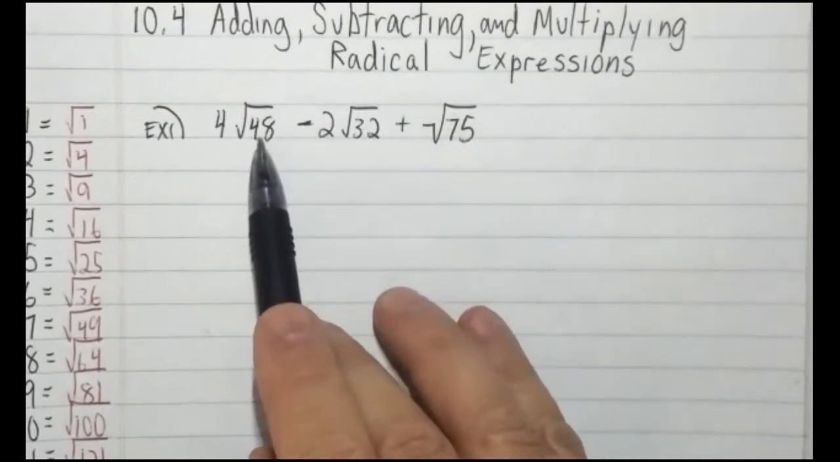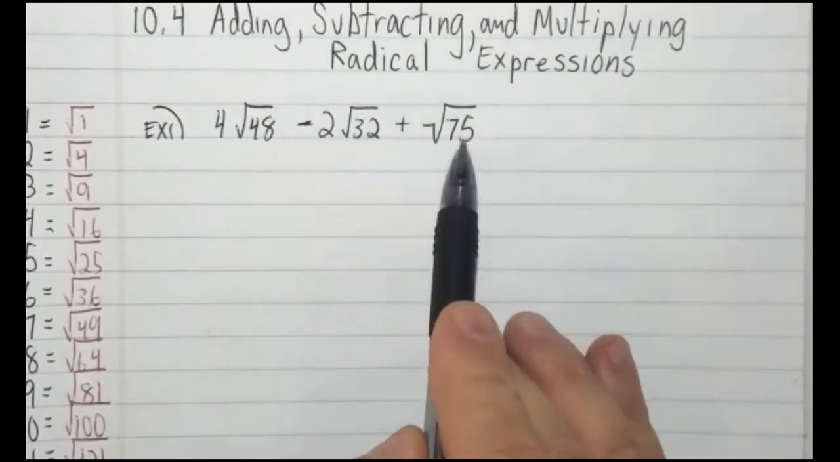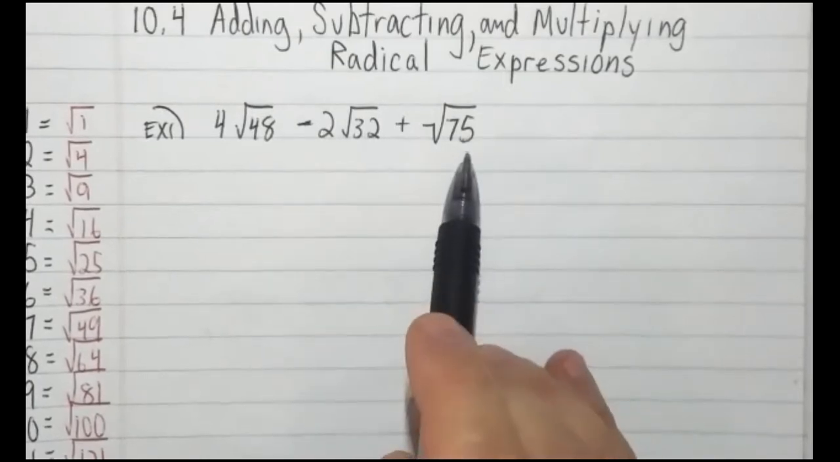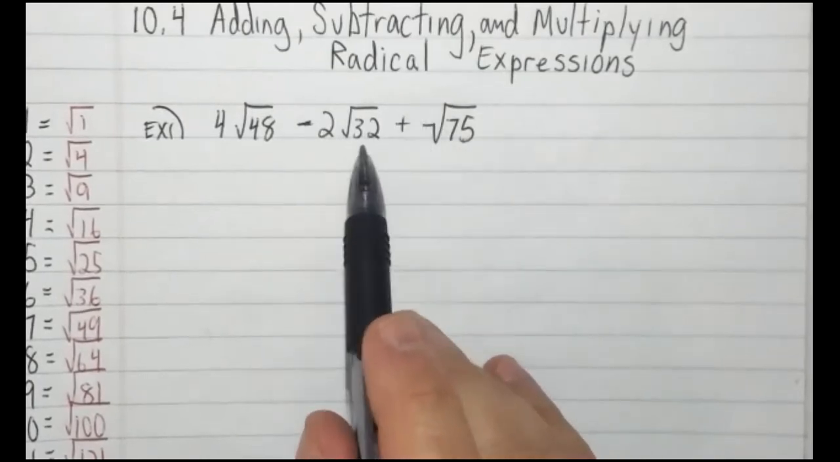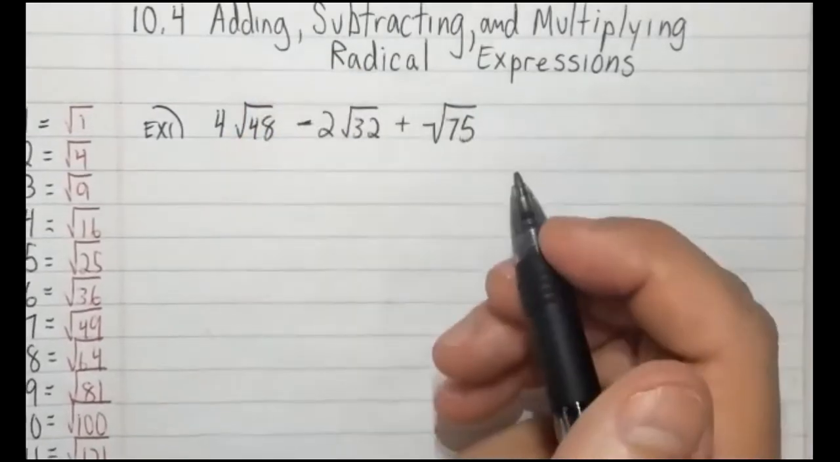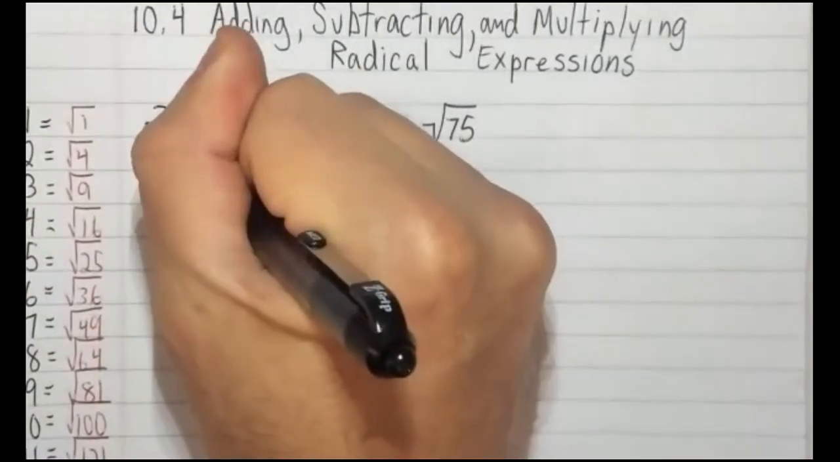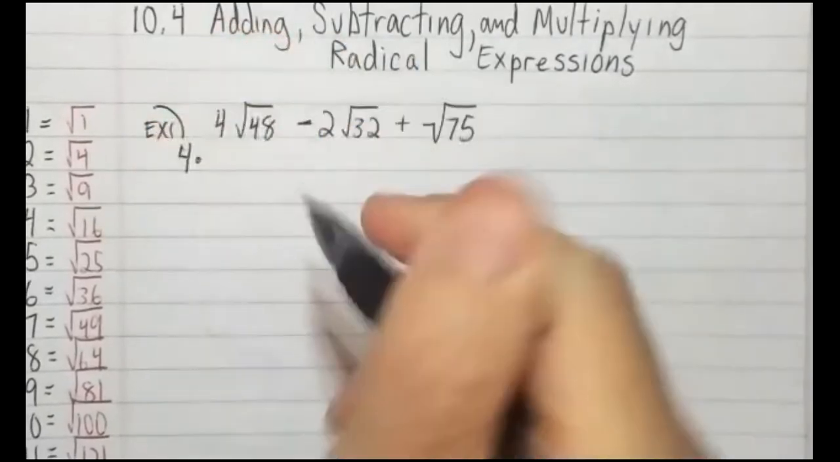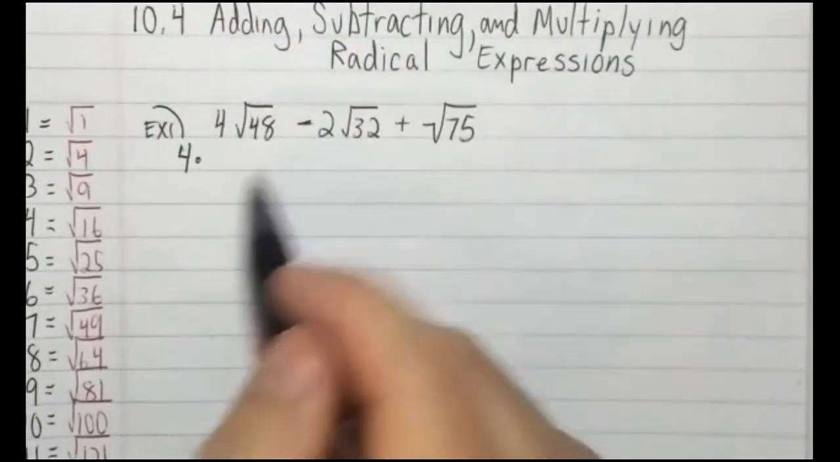So when we look at it initially, all these radicals are different. But again, they're not complete because they're not simplified. So the first thing we have to do is go ahead and simplify these radicals. Now again, I'm not going to spend as much time as I did with 10.3 on simplifying these, but again,